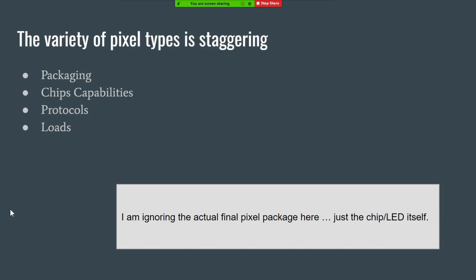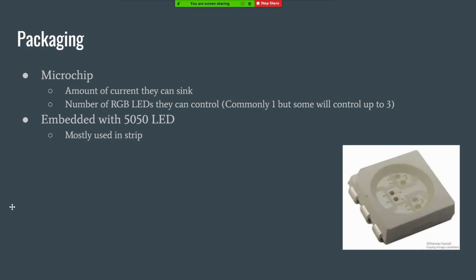Like I said, the variety here is quite staggering. The packaging of them, the chip capabilities, the protocols, the loads that you can drive are all quite different. The packaging itself is quite different. You'd all be familiar with your bullet pixels, which have a 2811 typically chip, or 2812 or 2815 or 18 chip actually in the pixel. You know, it's that little black square, generally